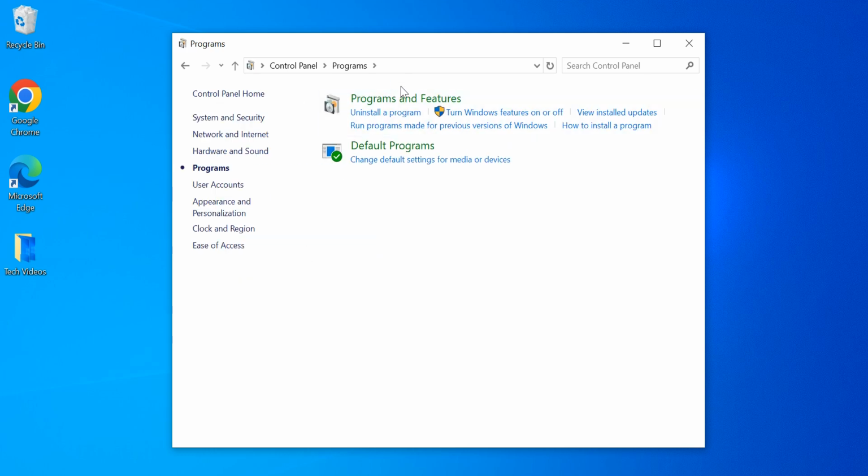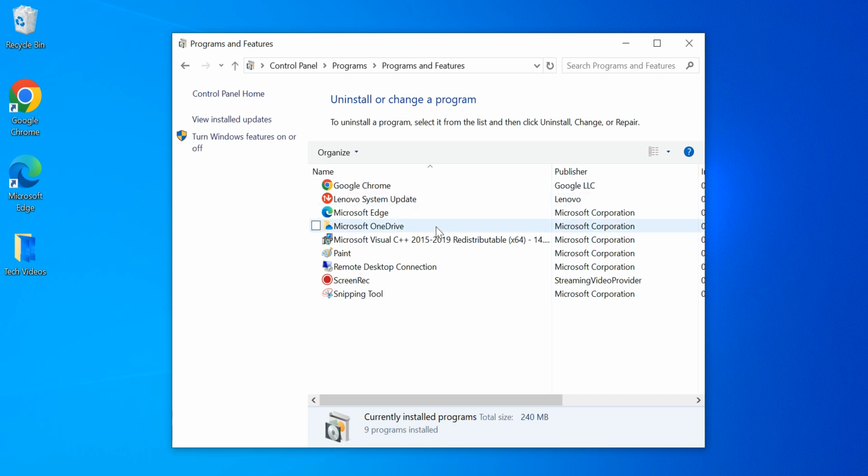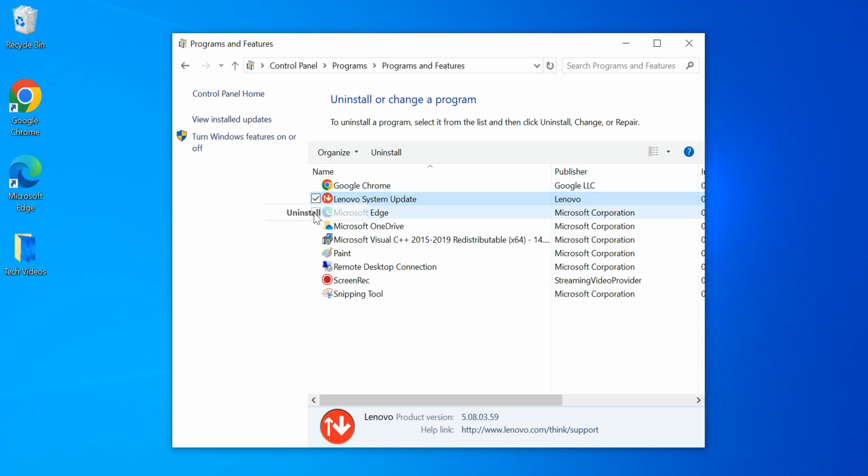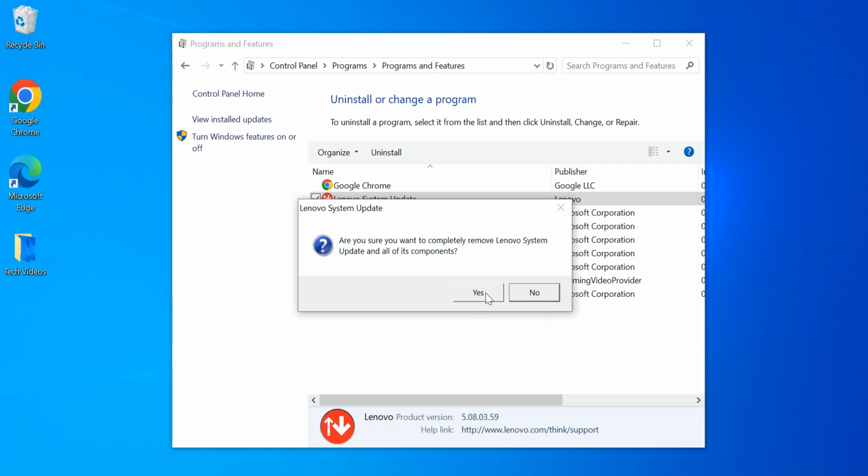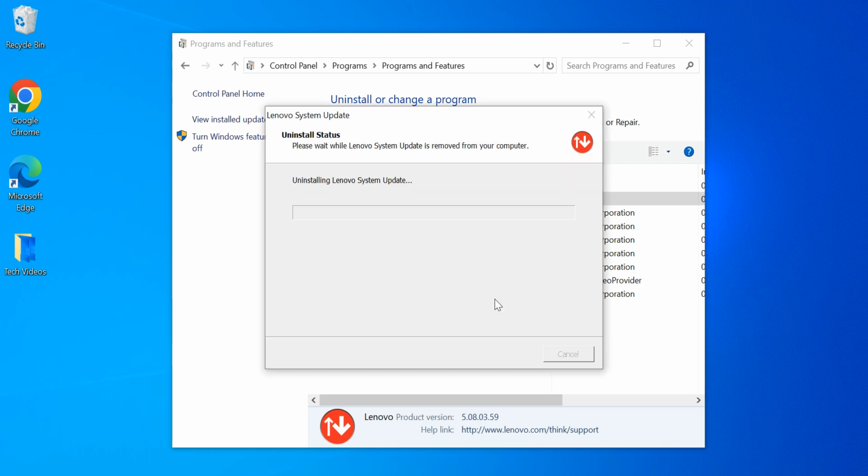There you can click on programs, then programs and features. Whatever application you want to uninstall, just right click on it and click uninstall. If you get any pop-up, just click on yes, then again click on yes, and it will start uninstalling